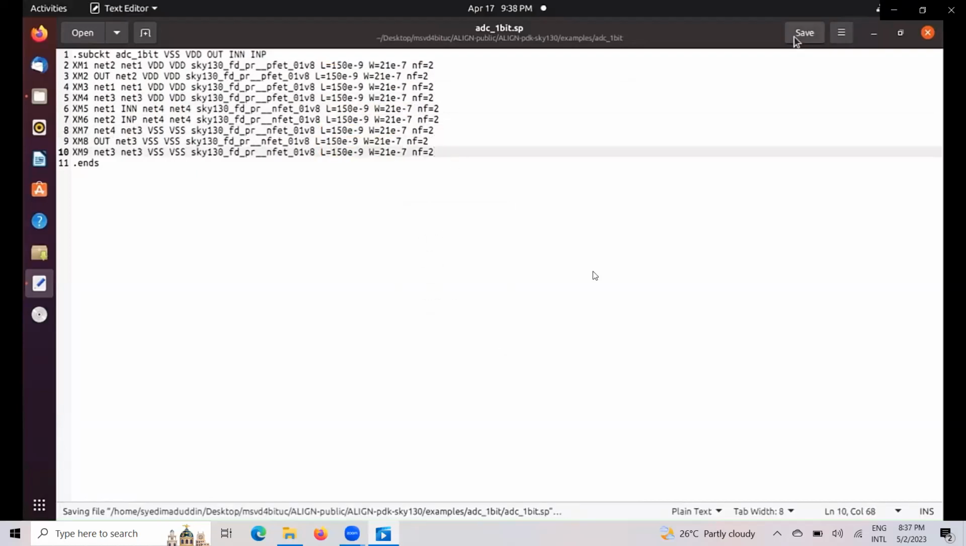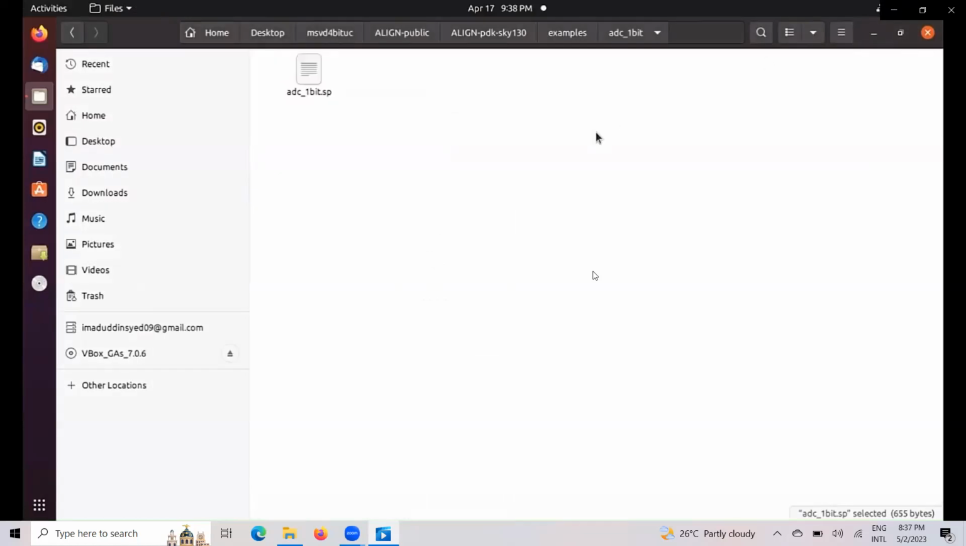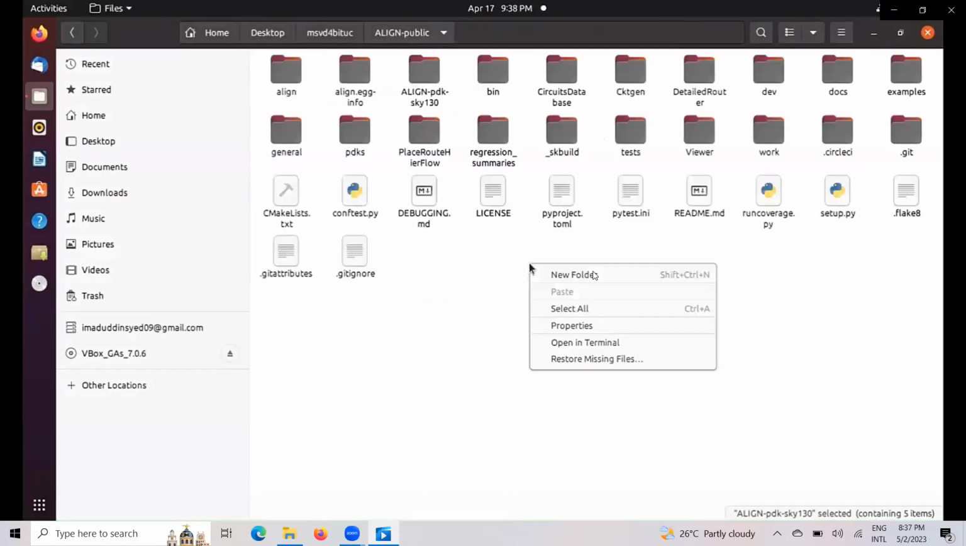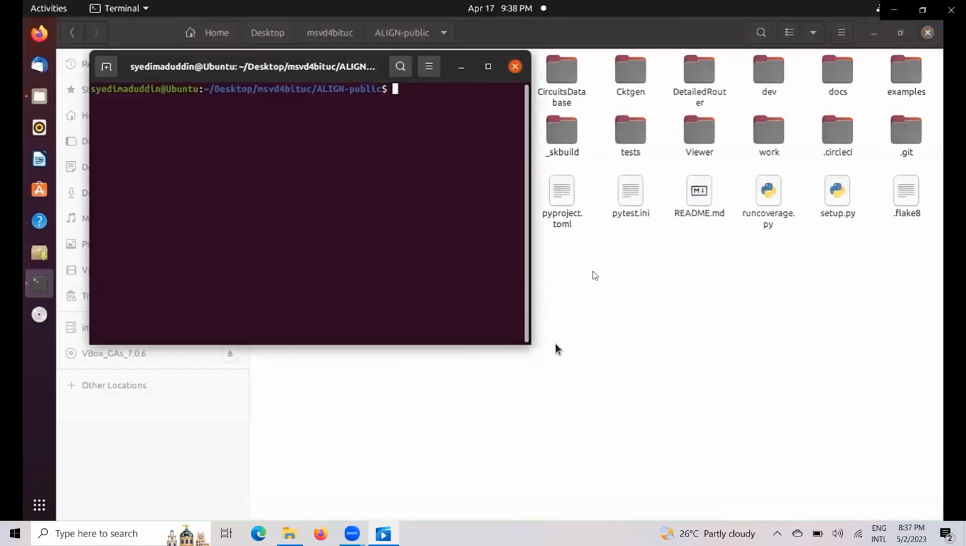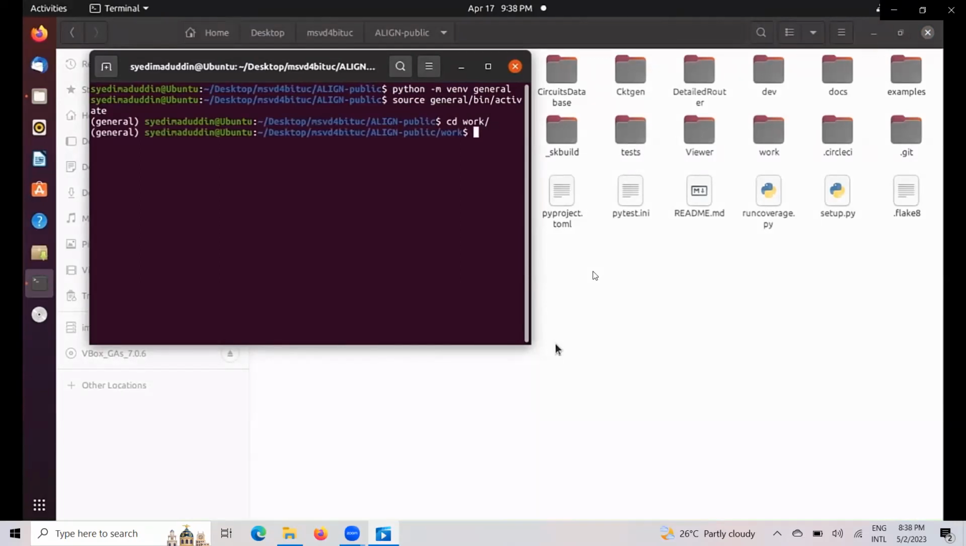Okay, it is done now. Save it, close this and just go to examples. Now open terminal here and type python -m venv general to open the environment. Now type source general/bin/activate to activate the general environment. Now cd work folder. Now type schematic2layout.py and then give path to the ADC 1-bit folder